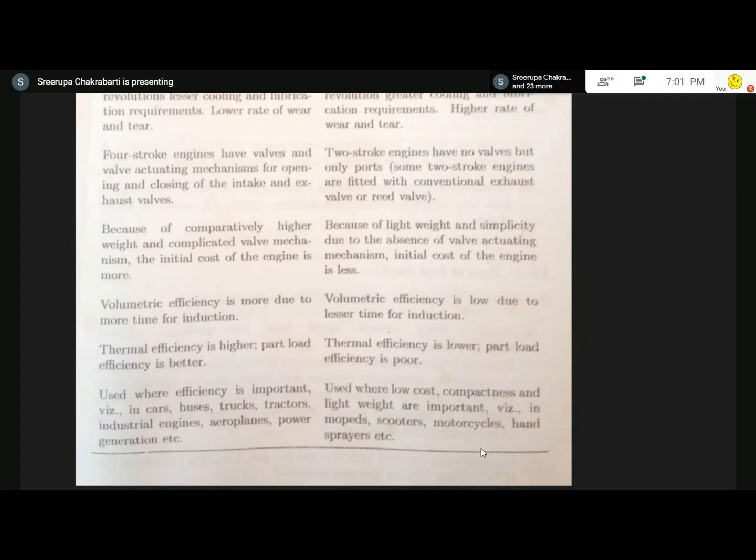Next, we'll go into the engine performance parameters. What are the performance parameters? How will we record these performance parameters? That is our next topic of discussion. This first chapter, basic concepts, we have completed. The second chapter, that is air standard cycle, we have completed. The third chapter will now start, that is on carburation. And after carburation, we'll discuss the performance testing. So today we have to stop here.